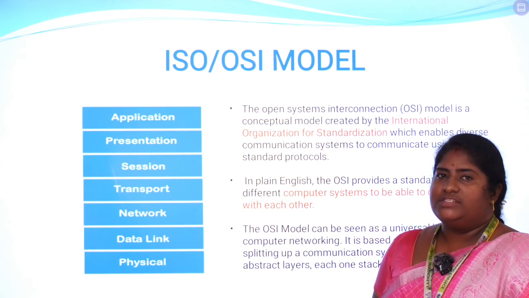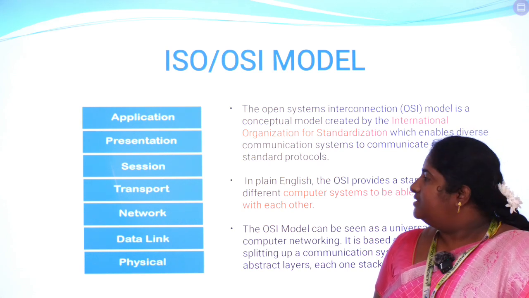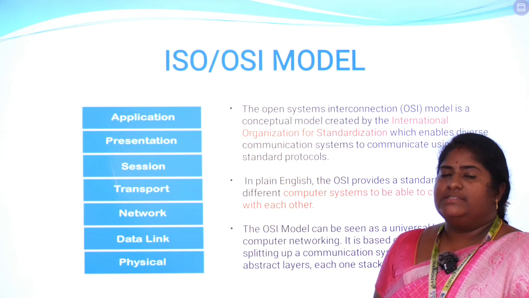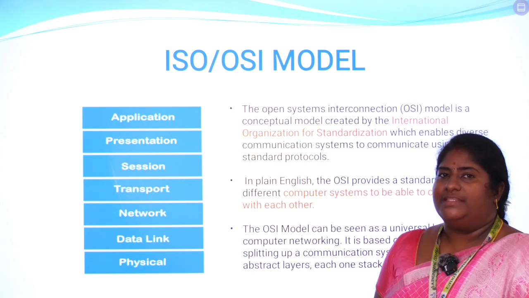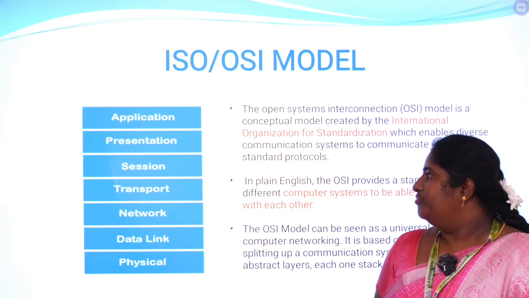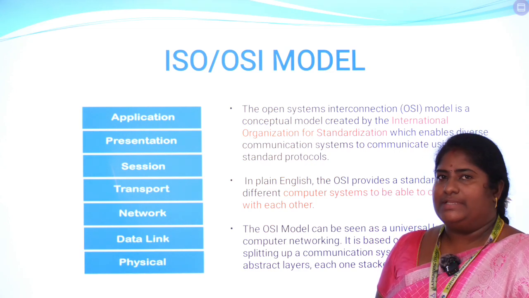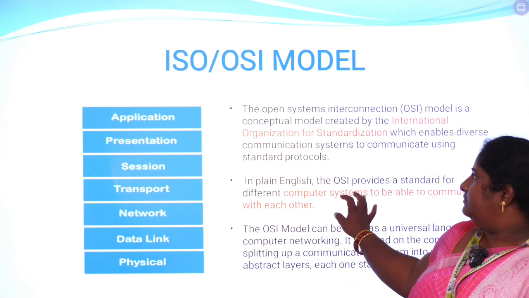The fifth layer is called the session layer. This layer is responsible for managing the sessions between the two systems. The next layer is called the presentation layer. The presentation layer takes care of how the data is encrypted and decrypted, and the compression and decompression techniques are also handled by the presentation layer. The next and last layer of the OSI model is called the application layer. The application layer is used for end user requests or specifications.